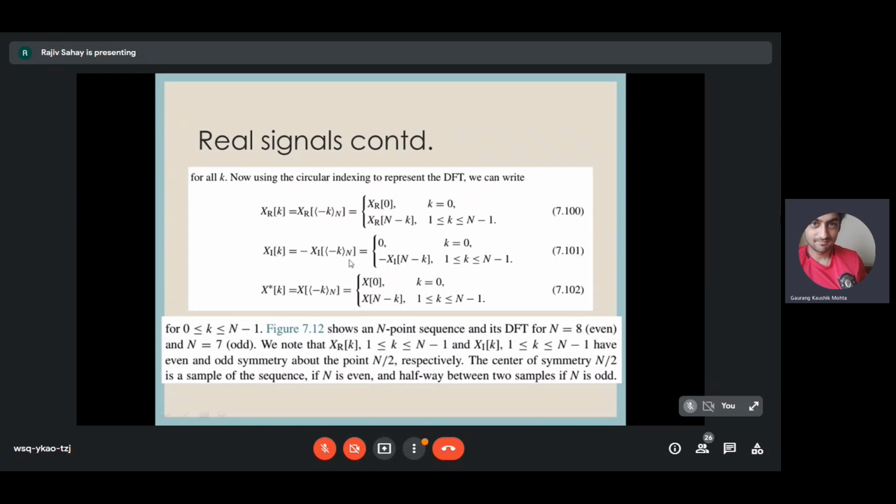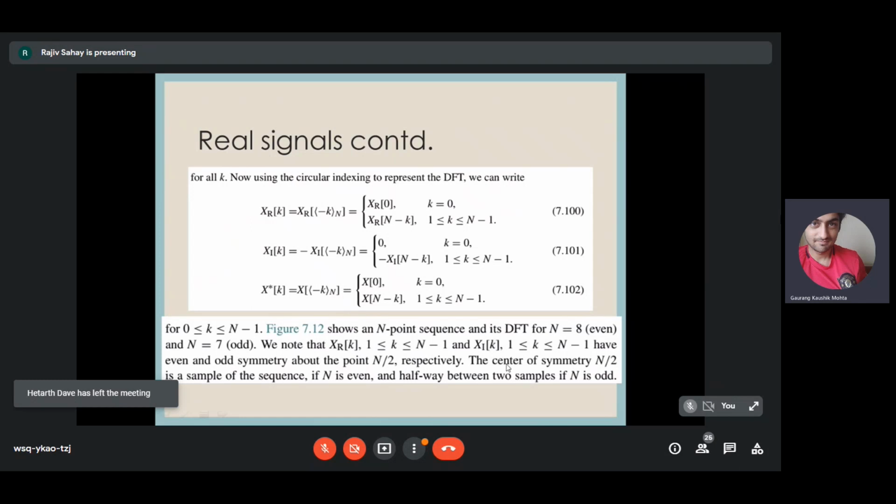So there is a modulo N operation here. So it has this conjugate symmetry property. The DFT coefficients also have the conjugate symmetry property, but the conjugate symmetry property is coming with the modulo operation. Earlier you had X star of e to the power j omega equal to X of minus e to the power j omega. Now you have this condition, and this condition gives you conjugate symmetry. Here the extra thing that you have is modulo N.